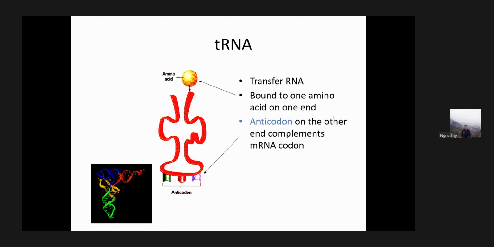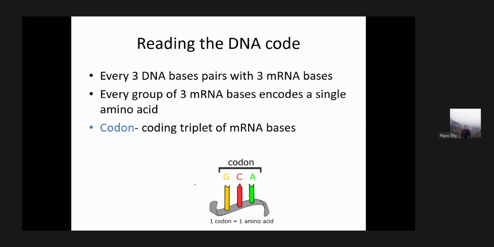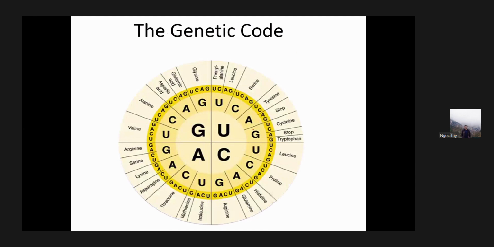So the tRNA here has a three-leaf shape, and at one end it is attached to the amino acid, and here is the anticodon. Okay, which pairs with the codon. So this is the universal genetic code that allows us to translate from the information of the mRNA to the language of the polypeptide. So, for example, if we have a codon called UAU,